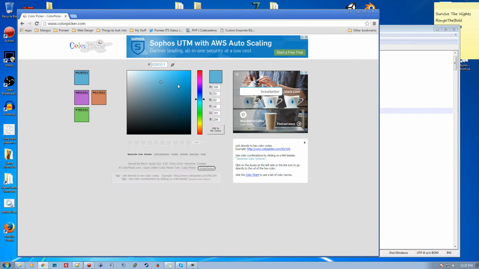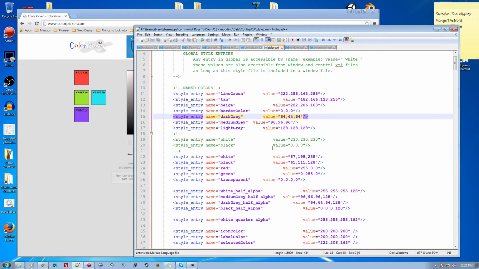So this is just the color picker. It gives you HTML colors, or it would give you RGB values. So you can just pick a color. Let's pick a lovely red. Okay, so this color 247, 52, 62. So we'll go over here to this